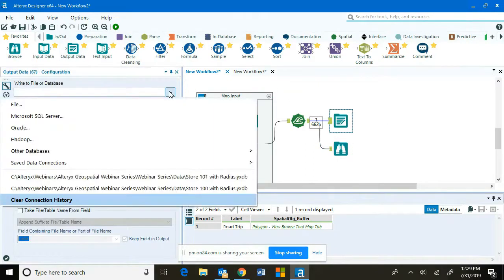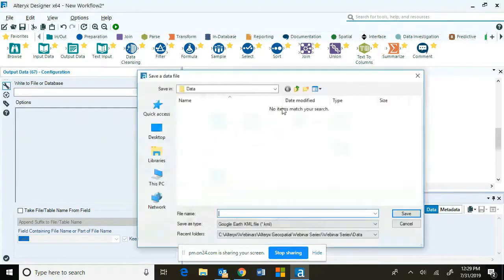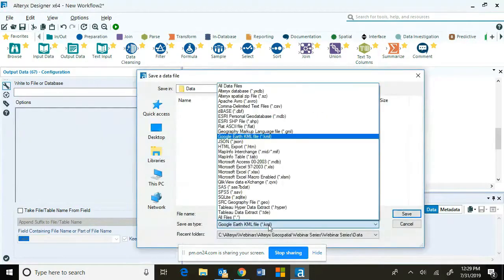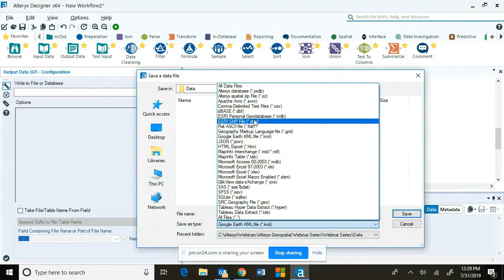So I can output this line and buffer I created myself. I'm going to output the buffer to a file. And as mentioned, I can actually output it to quite a few spatial options. There's the Esri shapefile or a personal geodatabase or a .mdb. You can do MapInfo tab or table files, or even interchange files, .mid, MIF, Google Earth KMLs, and the Alteryx